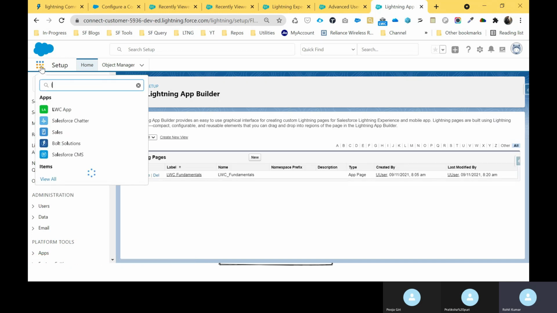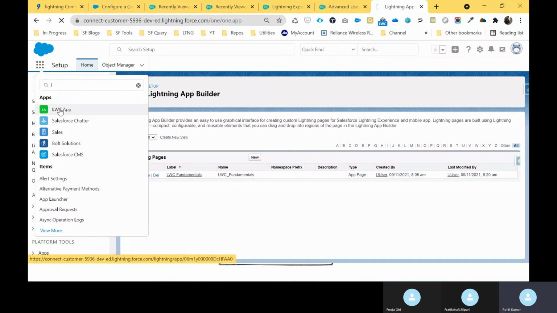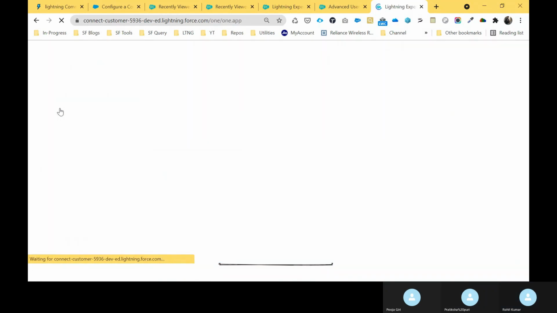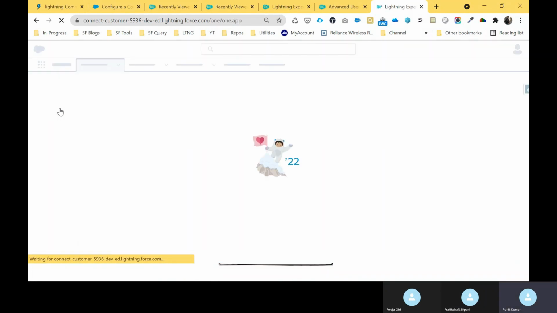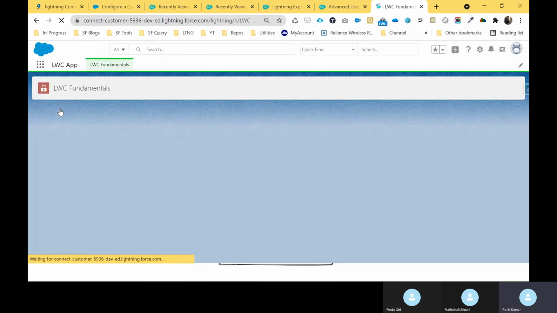The LWC app, right? So just click this LWC, and after that you can see LWC Fundamental. This is our page, we already created this one. Under the LWC Fundamental, you can see my hello world component. This one, right?